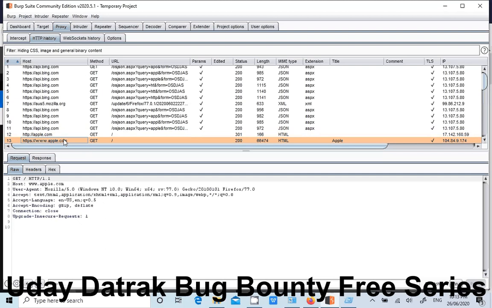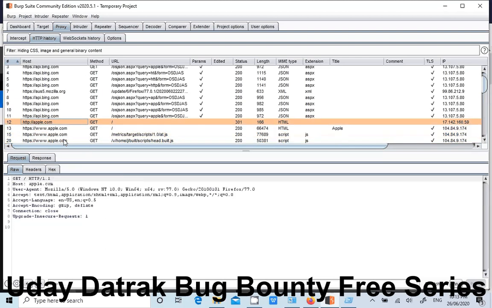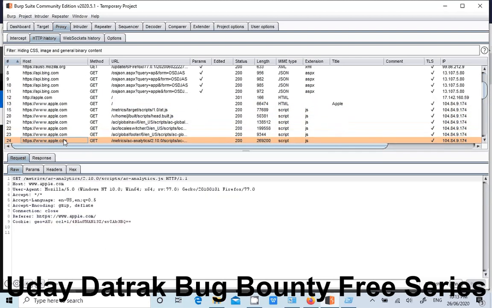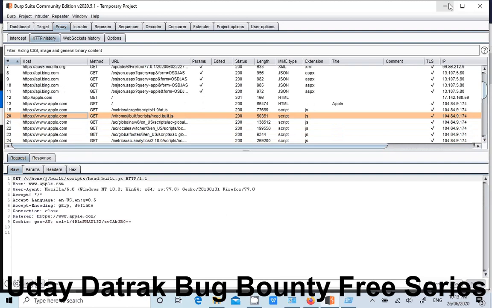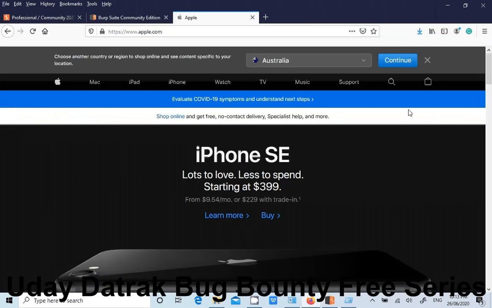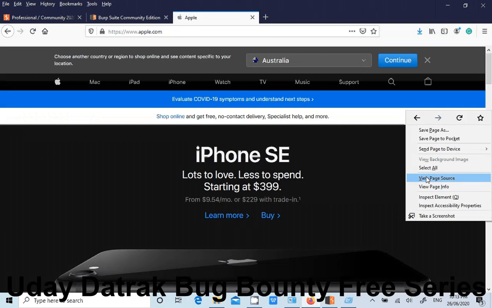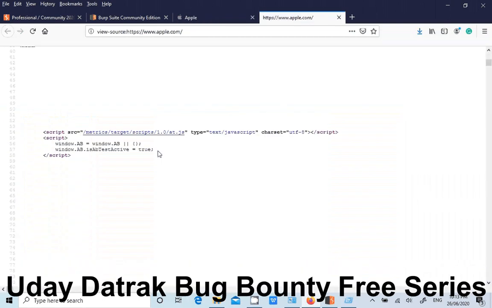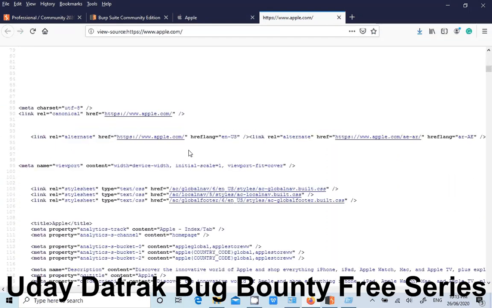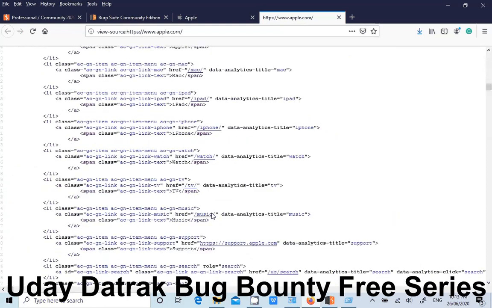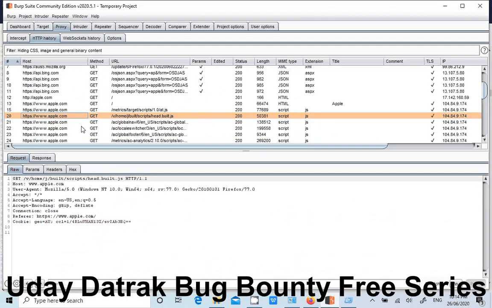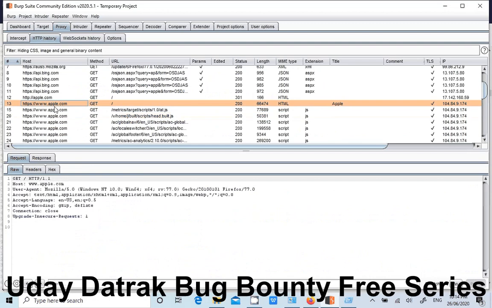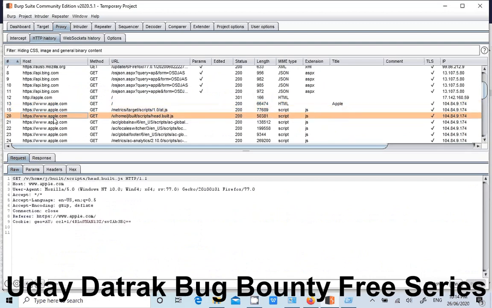So what are all the other requests? I opened apple.com only once, but you can see too many pages. These all are because as soon as you open apple.com, you can right click, view source. It is loading so many images and script files. Script src means it is trying to load this particular JavaScript in order. All these files are loaded in order. That means as soon as we hit apple.com in the browser, all these particular files will be loaded in your browser.